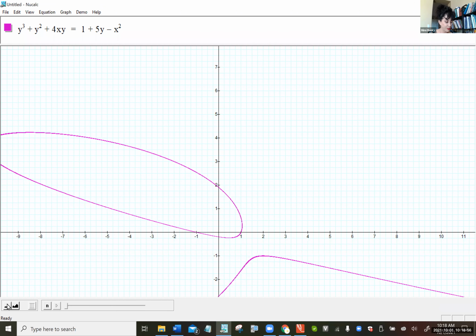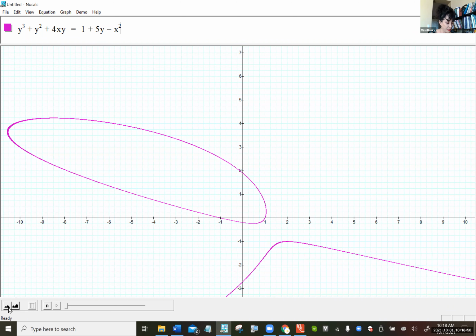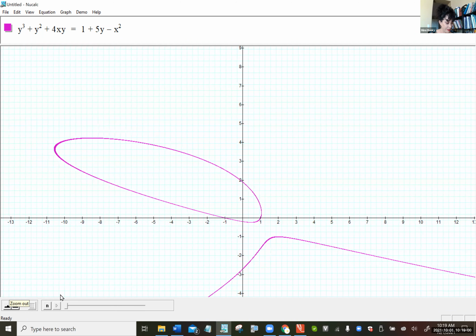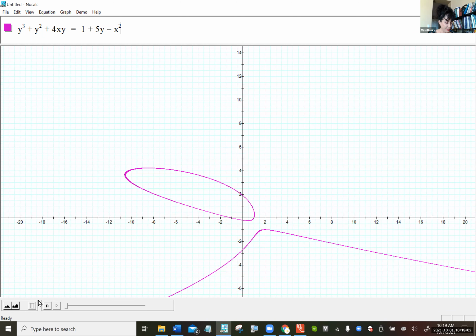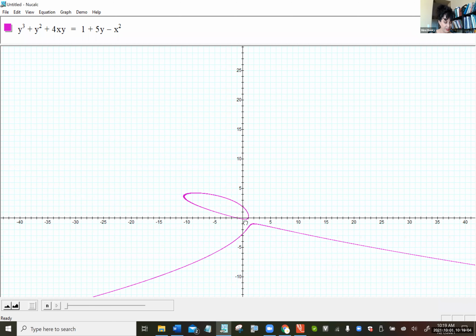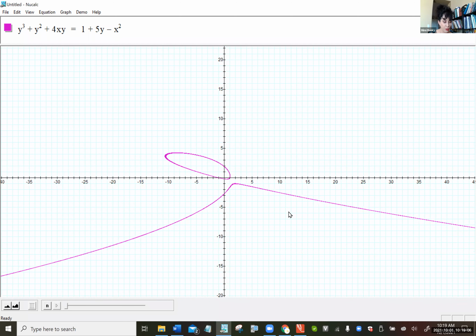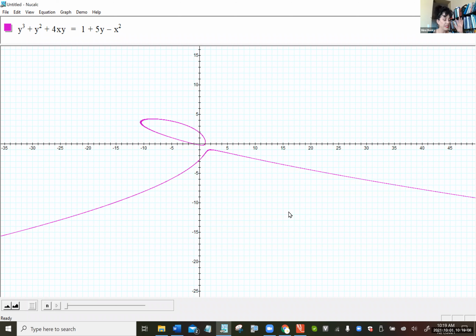Oh my God, that's really weird. Let me zoom out a little bit. Huh, interesting. Who would have thought? So this graph is kind of cool. It doesn't pass the vertical line test. It's not a function of x, but we certainly could at any point, like this really weird loop on it,